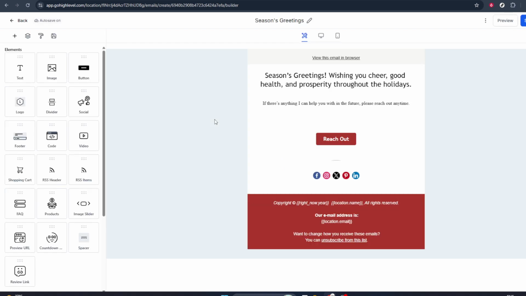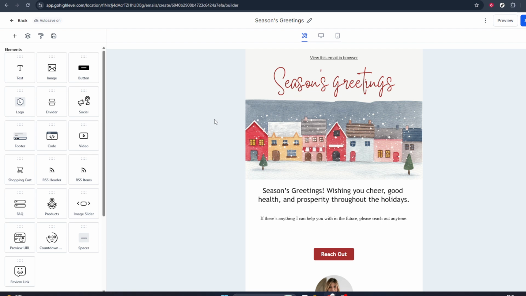Once you've chosen your creation method, simply follow the on-screen prompts. GoHighLevel will guide you step by step through naming your template, adding your subject line, and designing the content. Take a moment to